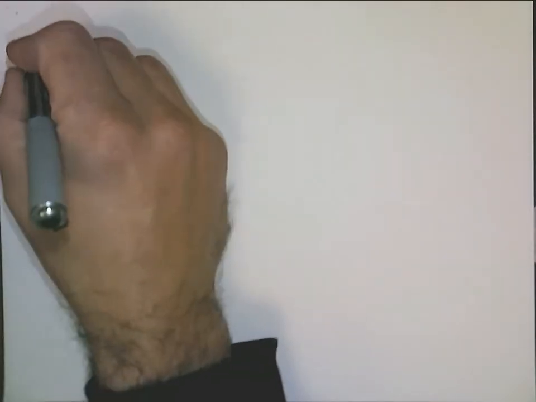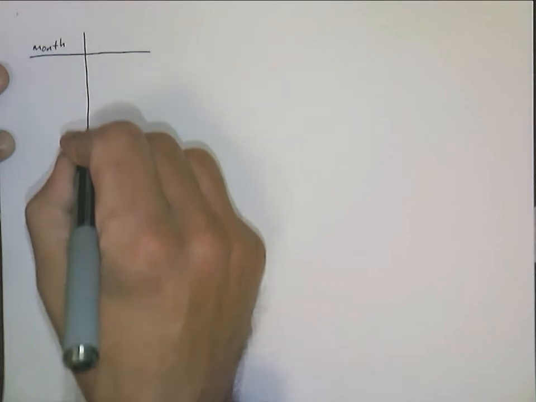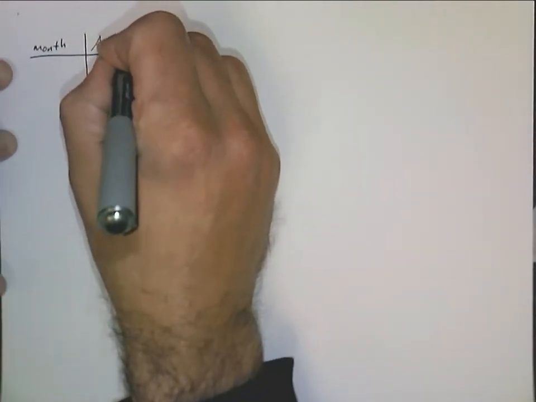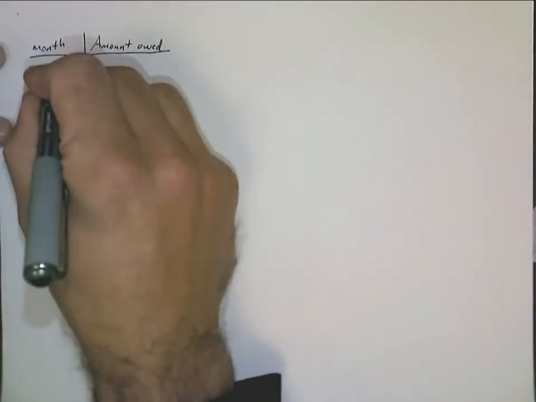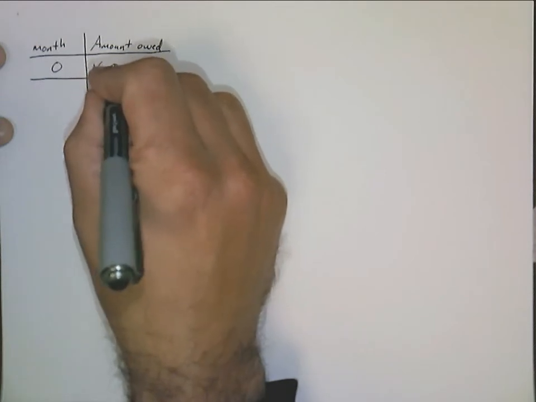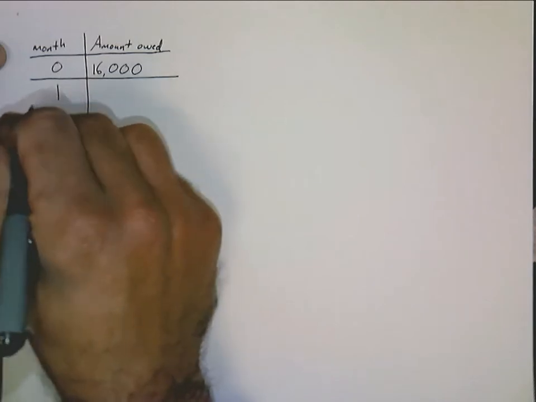So we'll let month be our independent variable, and the amount owed will be the dependent variable. Month 0, no interest is accrued, so we only have to pay back the principal, $16,000. After 1 month,